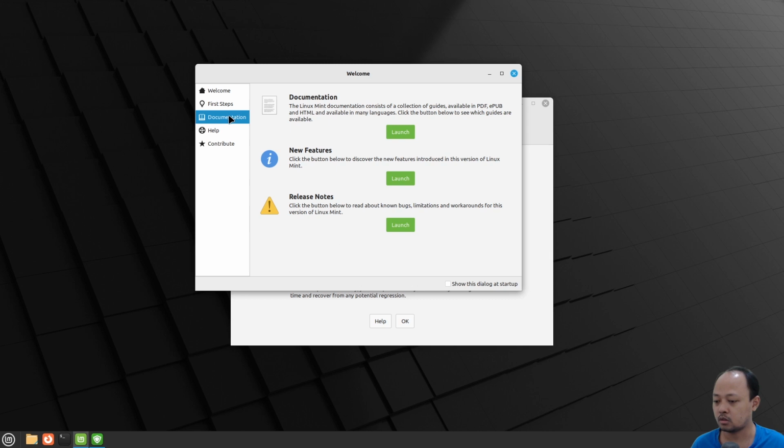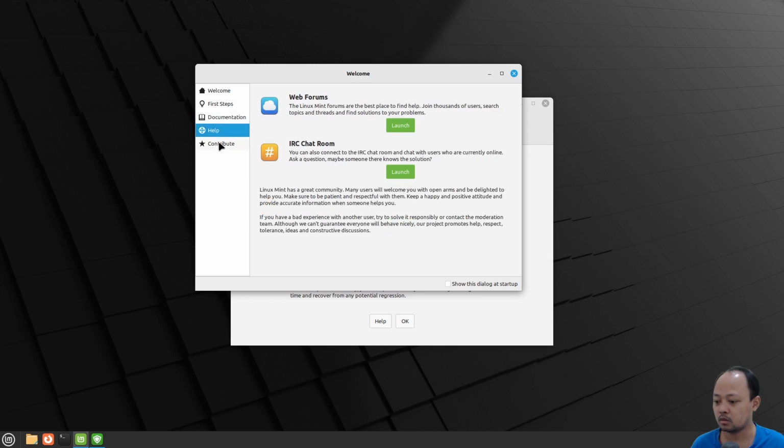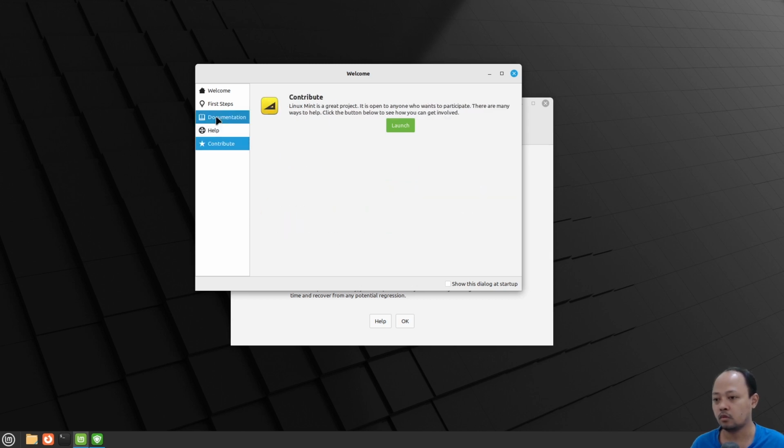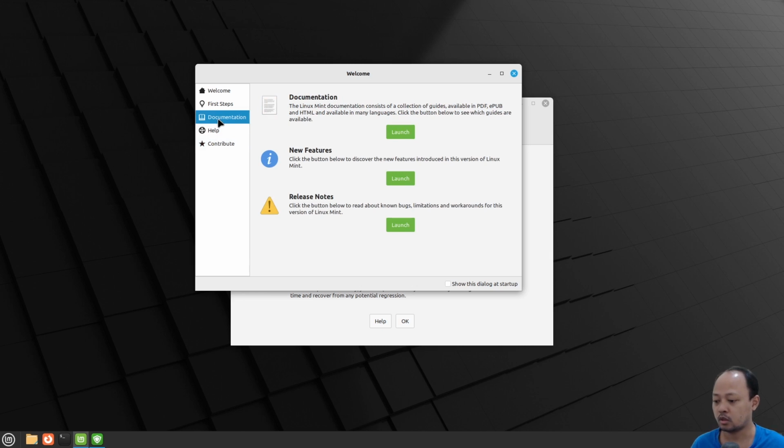There's documentation, help, and contribute. From the documentation part, we can see how we can get the documentation, new features of this release, and release notes. Just click the launch button to get into the page.